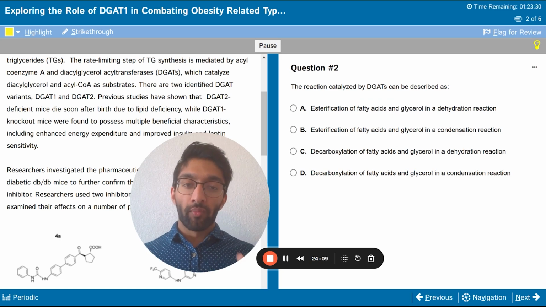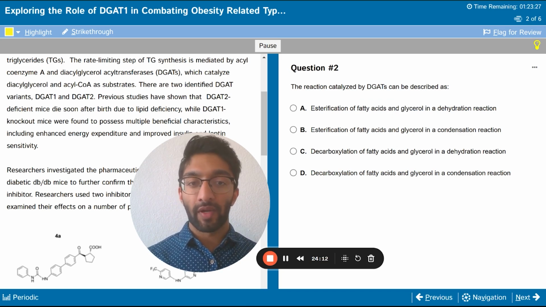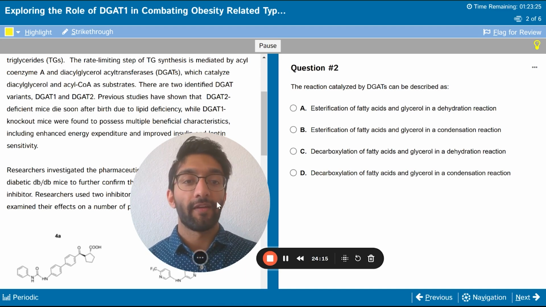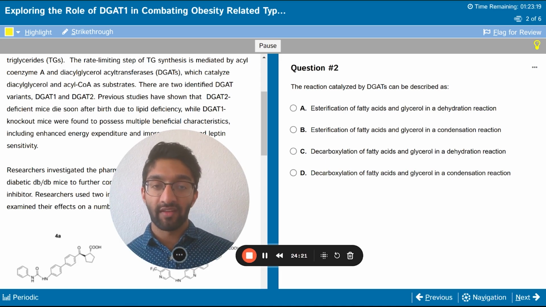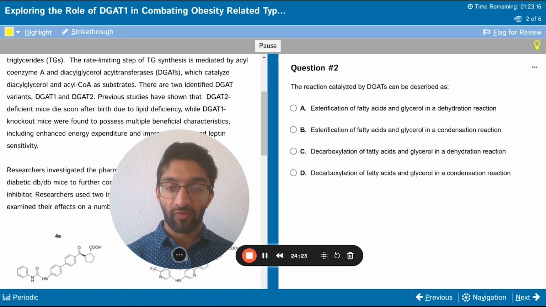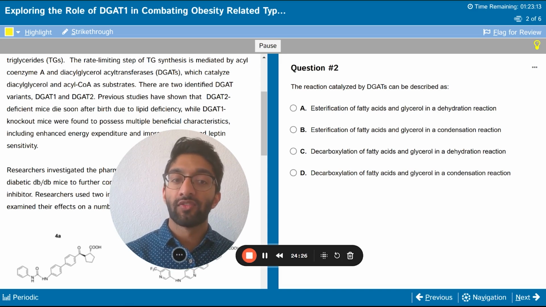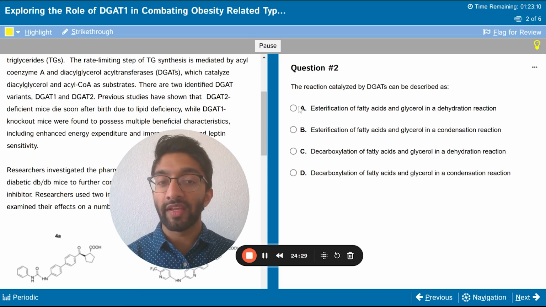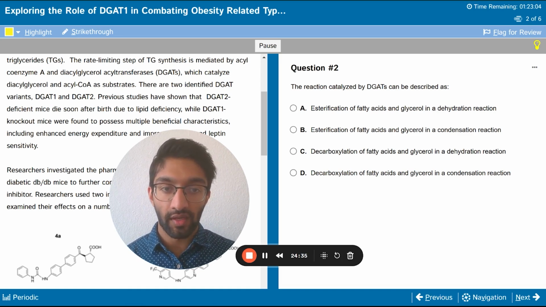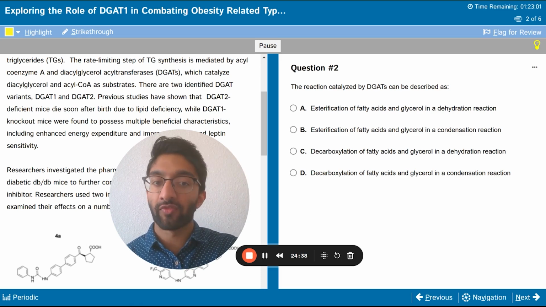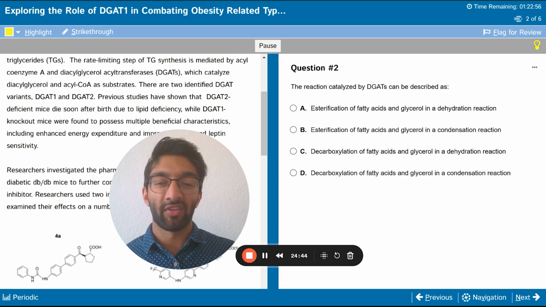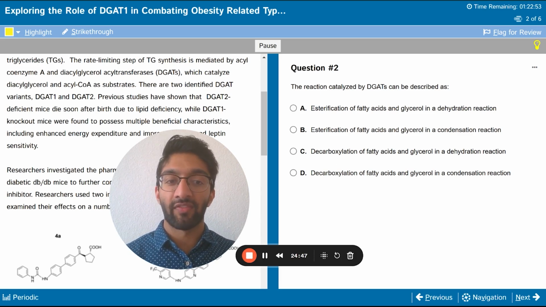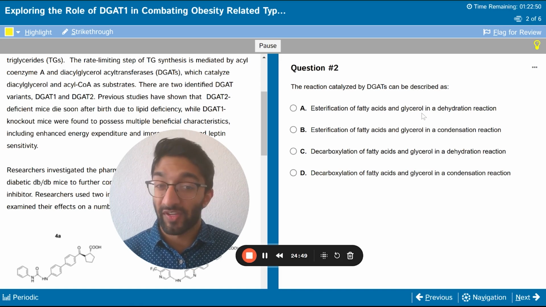So you should know from previous content, and this is what I meant by you don't really need the passage to answer this question, that whenever you have an alcohol and a carboxylic acid, when they react, it's called an esterification, because this is how you form esters. So that's actually the hint, right? That will already get you down to A and B. Is the reaction an esterification or decarboxylation? Because there's no hint here that carbon dioxide is being released, it doesn't really make sense for it to be a decarboxylation. And if you're having fatty acids and glycerol, that's probably an esterification.